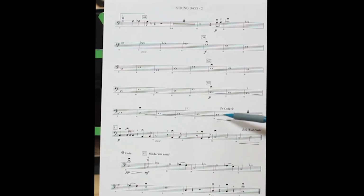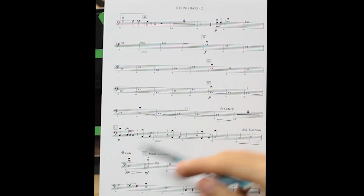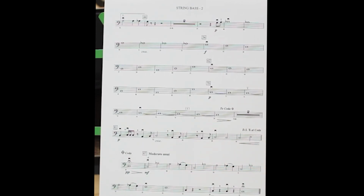Continue. Notice at the end of measure 78, you have to take the coda because it says to coda, and the coda is measure 86. But you only do that the second time. So you continue all the way down. After measure 80, which has 2 measures of rest, at 81 you pretty much play the